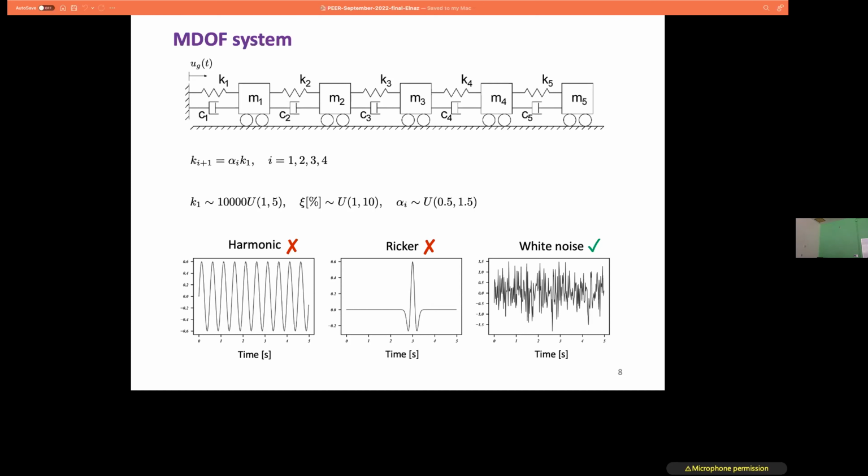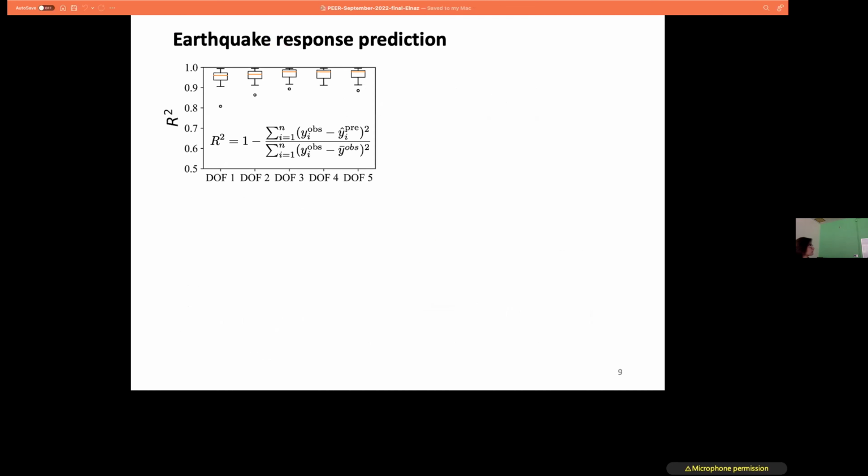And then we want to see how it performs if I have an earthquake as an input, and the duration could be completely different from 5 seconds. So this is the setup we have, and now let's see how our model is working. These are the 10 earthquakes with different time series and time durations that we fed into the model, plus the randomness I have in my spring and dashpot coefficients.